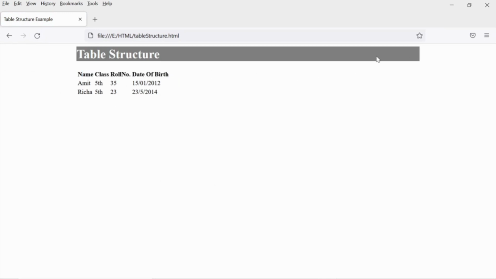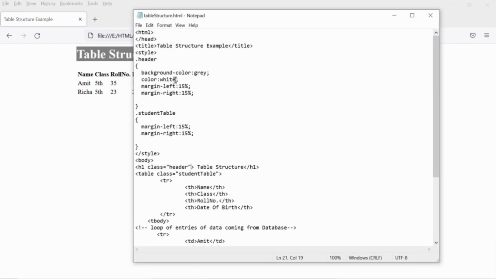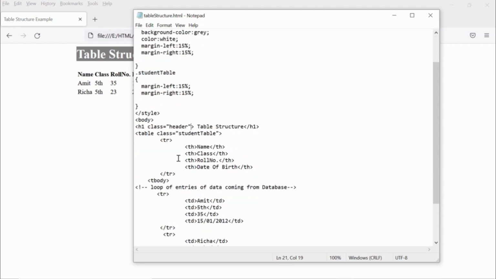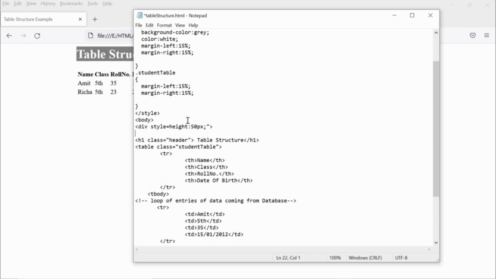So the design has been adjusted. Now we also have to make the width of the table equal to the table structure header. Let's do that. Before that, let's add some more content so our HTML page will look good and impressive. Let's add some div and put some school name inside that.